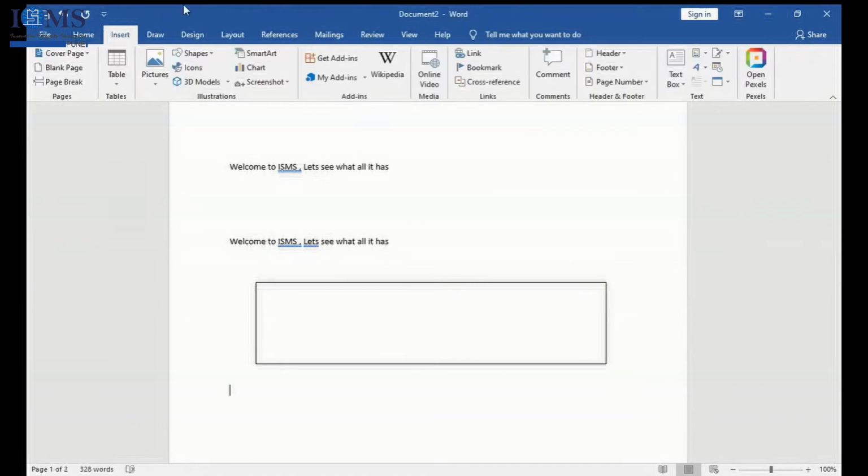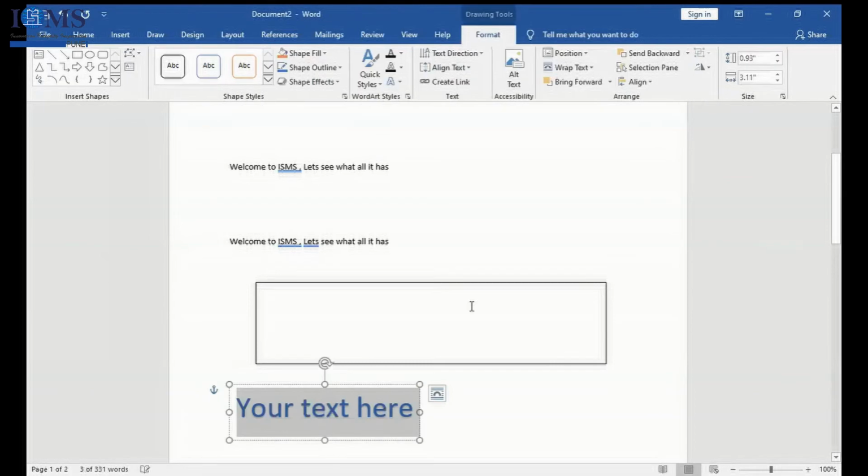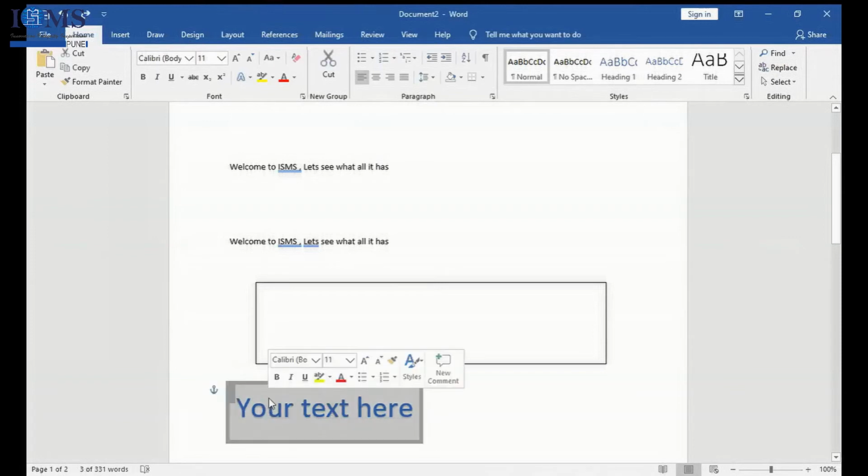You can also go to Insert and choose any other text. Now you will see this box here, but the box is not there; you can see only a faint dotted line, and it will not give you the border.